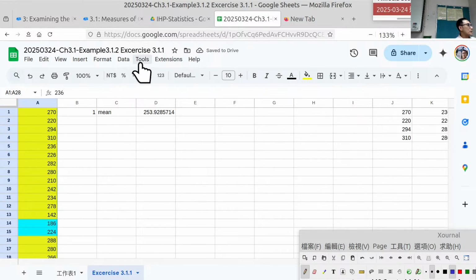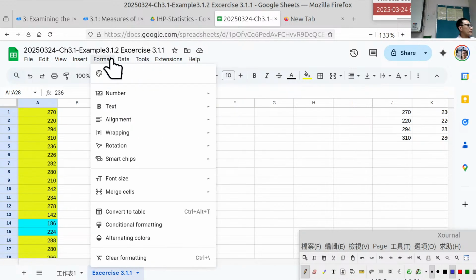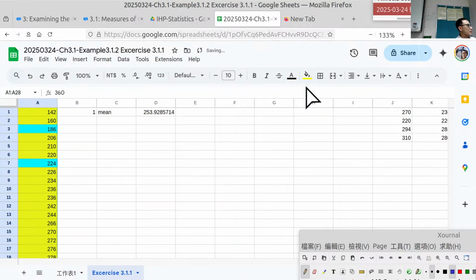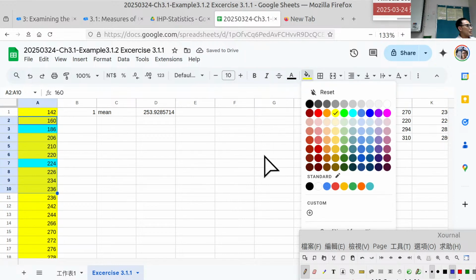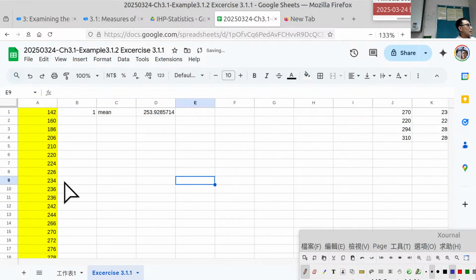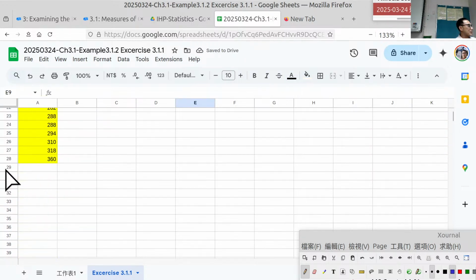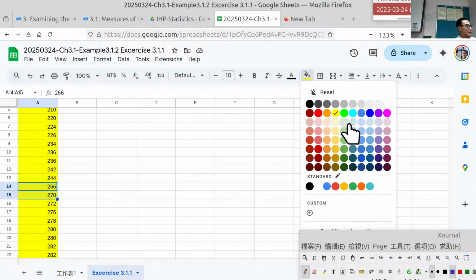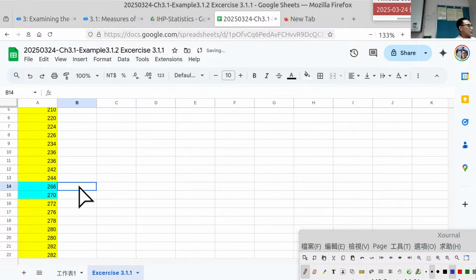Select orange, better, and sort from A to Z. Okay. From A to Z, there are 18 samples, and the middle points are 14 and 15. And the average, the median,